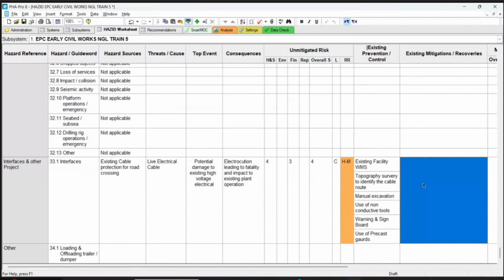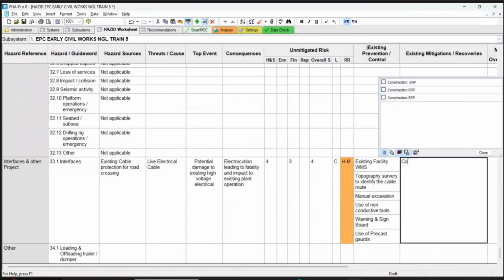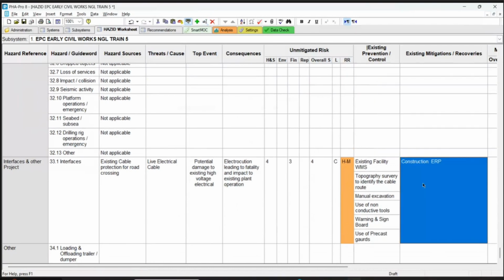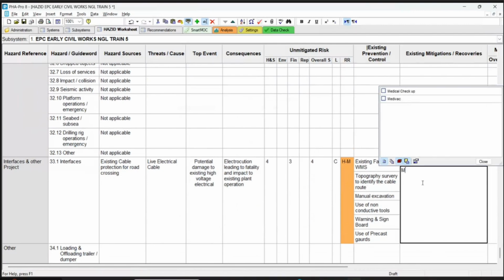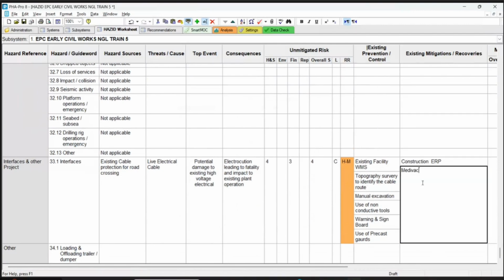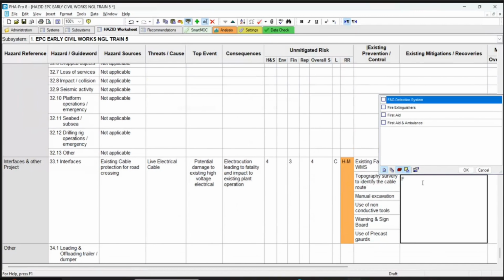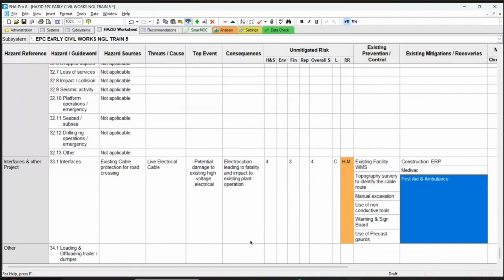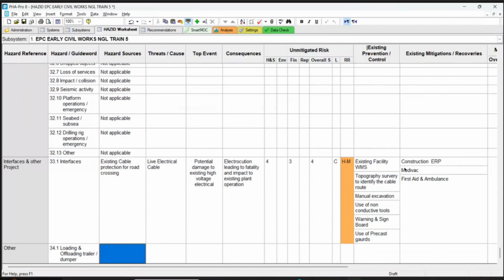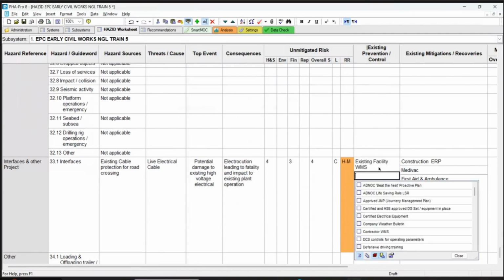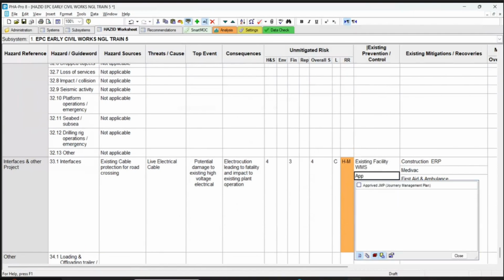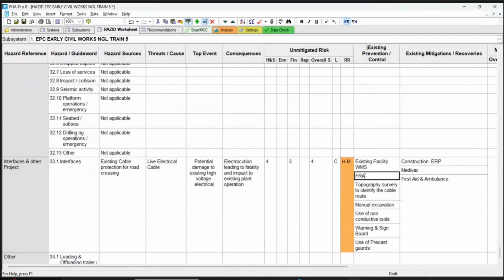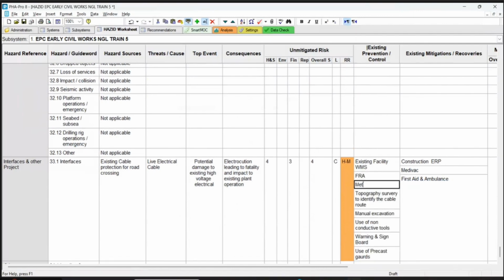By the time I came, because I'm part of the team, I know what happened at site. But it is something different, because this one requires planning. Now we have to have the planning, method statements and other approvals. You put here an existing prevention control. Not WMS, approved method statement. Put FRA first, then method statement, and competent personnel.